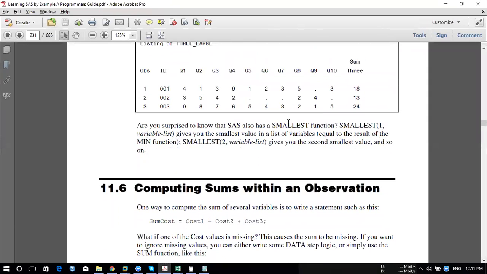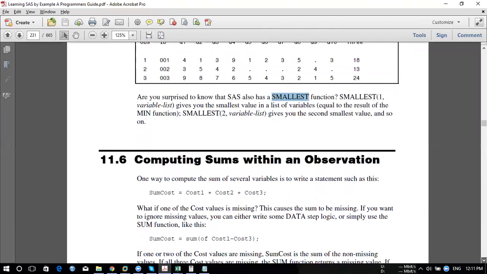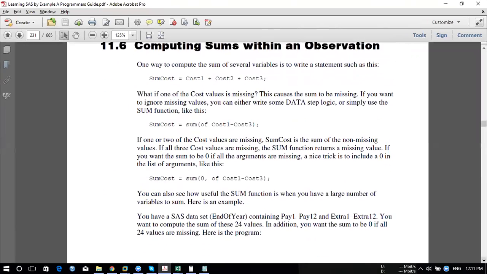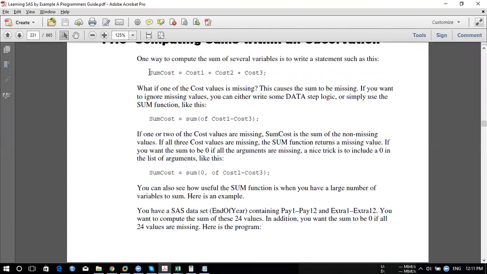The same, you have smallest. This we already talked about. I'll go through it again and explain the query. First query: if you have any missings in any section of a variable, then you will end up with a result as missing, correct? In this case, it won't happen, as missing is going to be ignored. Correct?